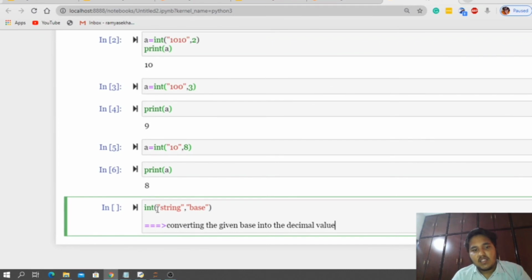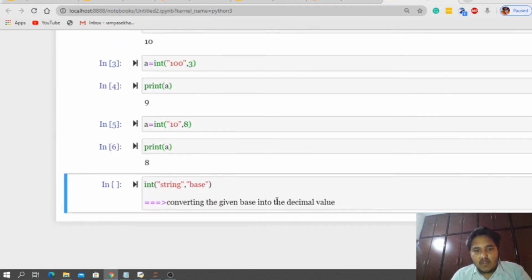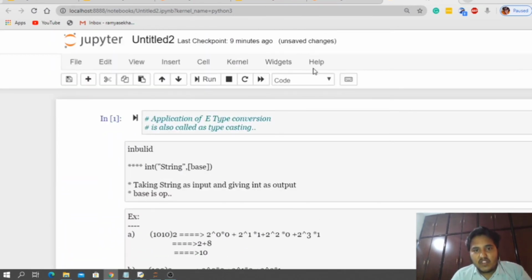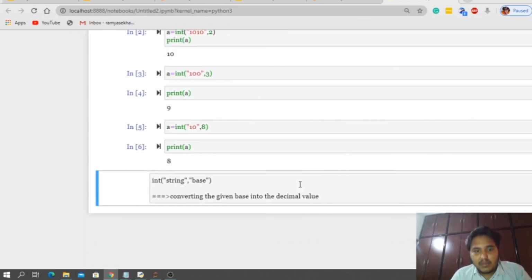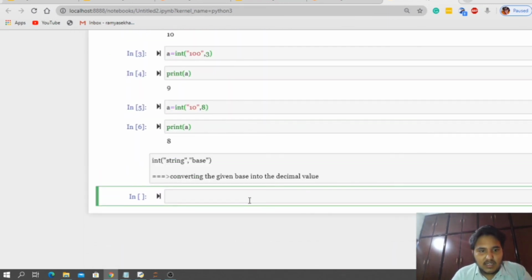This is clear, guys. So we can do it for any base, guys, not only for base 16 hexadecimal. We can do it for any base. See, what I can do is I can let me take base other than 16.